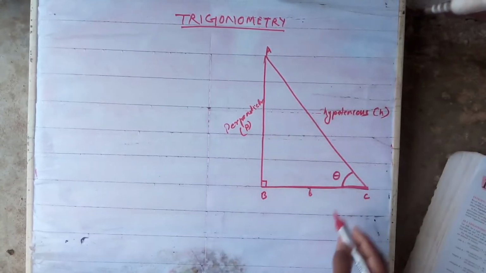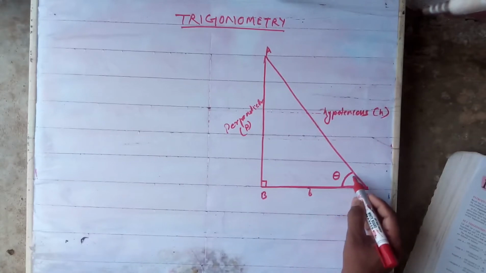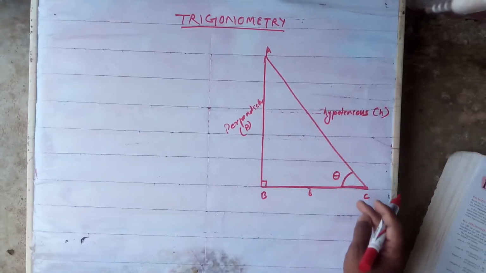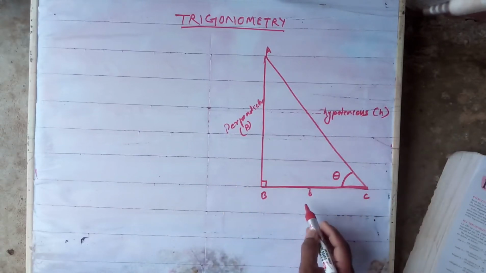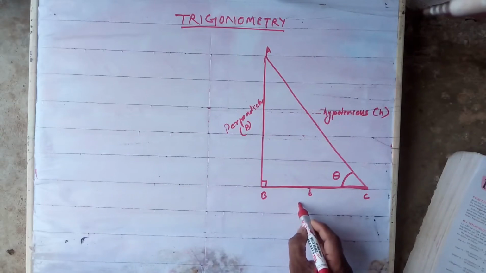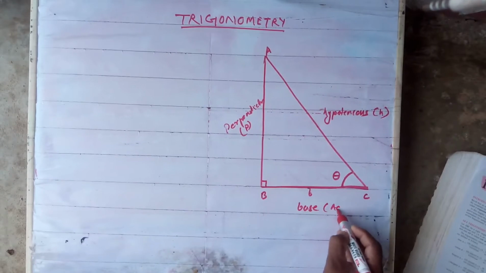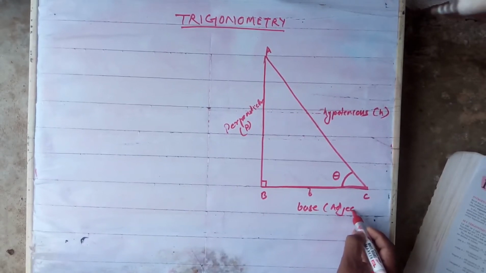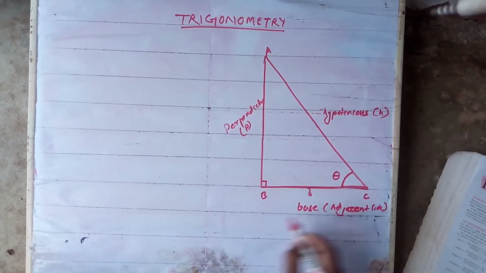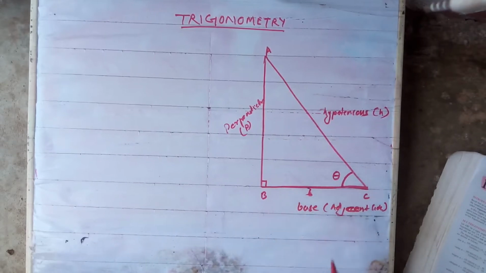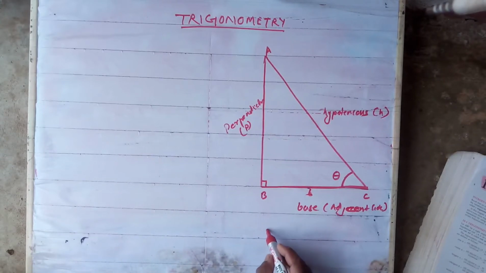Denoted by P. Here, one is the hypotenuse, and of the remaining two sides, one is opposite to theta and the other is adjacent to theta. That is called the base or adjacent side, generally denoted by small b. So there is a relation between these three. Already you know by the Pythagoras theorem, h square is equal to p square plus b square. This relation is there.